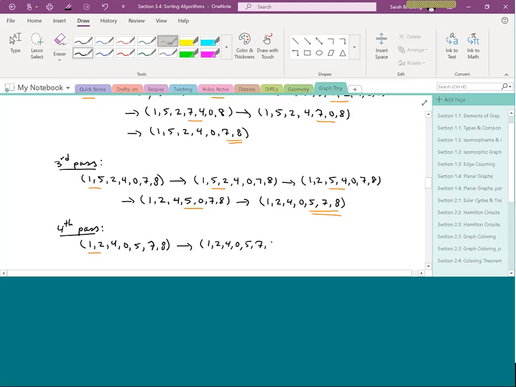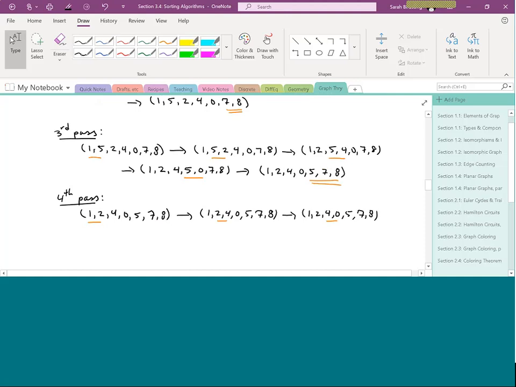We then look at the next pair of consecutive terms, the 4 and the 2. We see 2 is smaller than 4, so again, no change whatsoever. But when we look at the next two terms, we have what? We have 4 and 0, and we spot that 4 is larger than 0, so we'll swap the 4